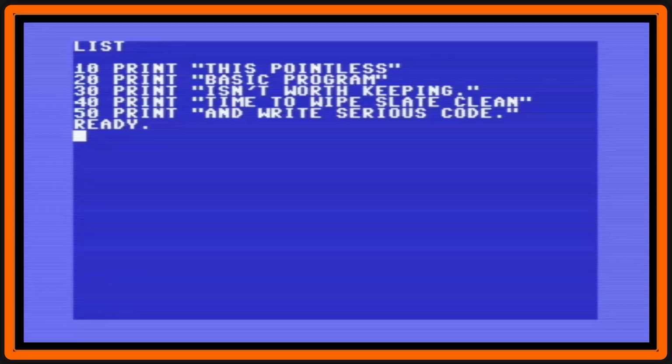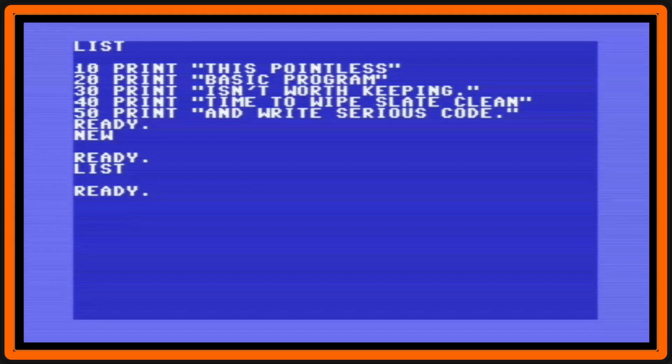Many of us probably know that this is the usual way to start a fresh slate when you're fed up with the basic program you've been working on and realize it won't amount to anything much. The new command is great for when you want to deliberately flush your last work session out of memory, but